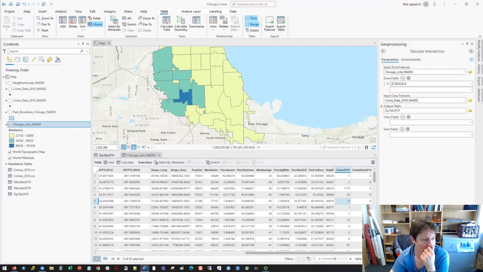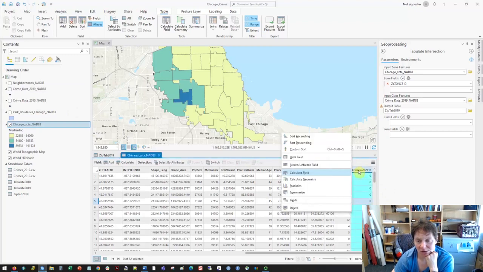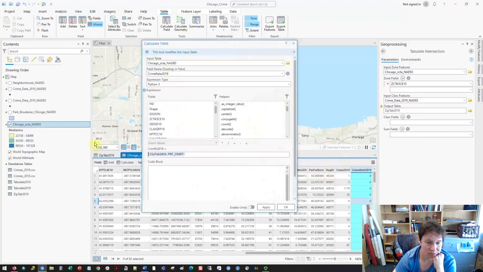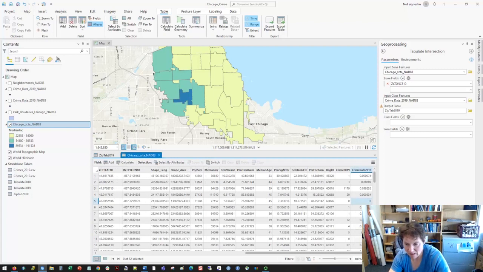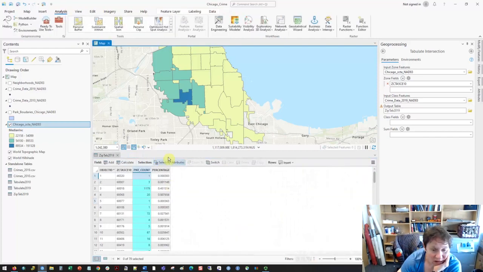So the crime rate is going to be the total crime in 2019 divided by the population. So field calculate. Delete what's in here. I'm going to do crime divided by, and we do have a field called population size. All right, and then hit OK. All right, so now we have a crime rate, so the number of crimes per person, and we can compare them across the